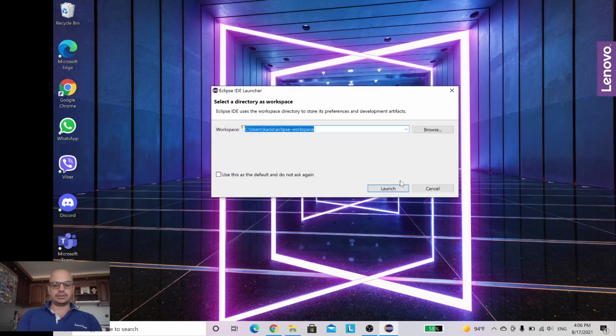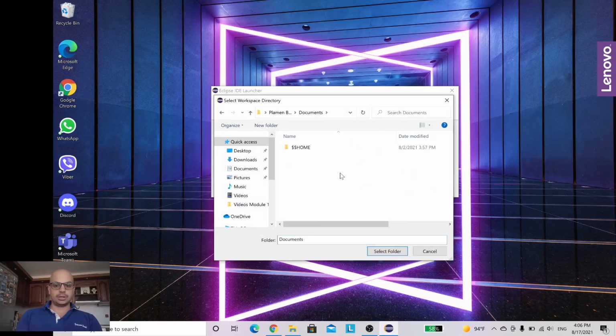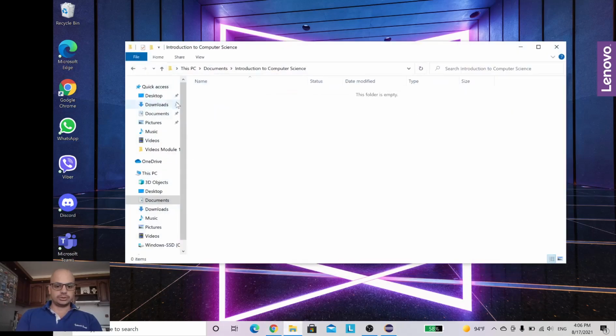Here is the place where you need to select the folder you have created. In my case, it's in documents. Let me check again.